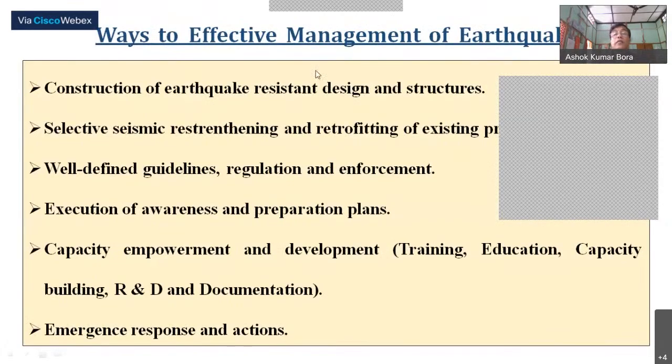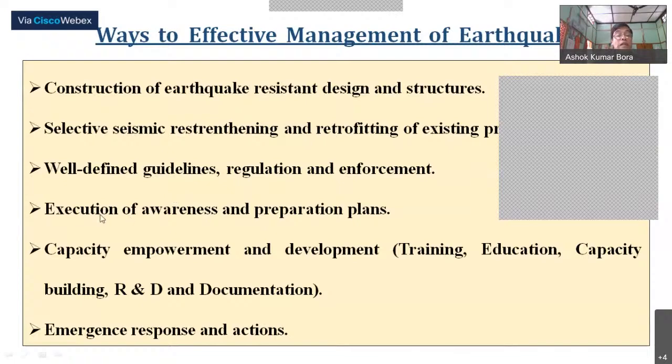Then ways to effective management of earthquakes. Construction of earthquake resistant design and structures, as I have already said. Professor Pathak has emphasized this in a right way. Then selective seismic re-strengthening and retrofitting of the existing structures. So that is also important. And our guidelines should be well-defined. Regulations and enforcement should be there, and the implementation part should always be there,